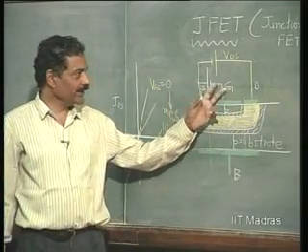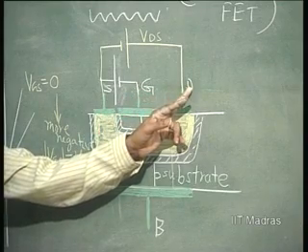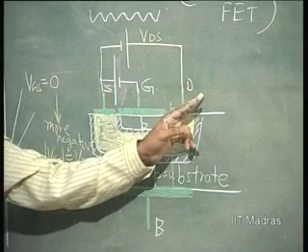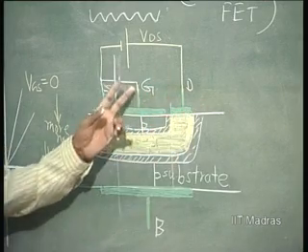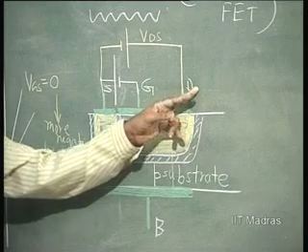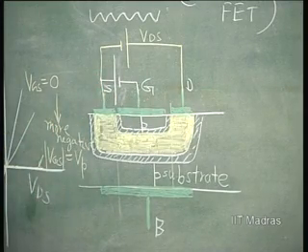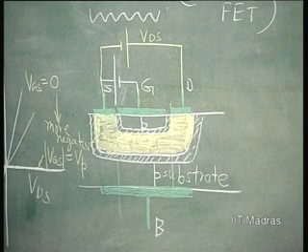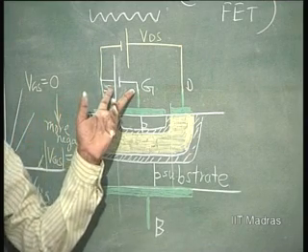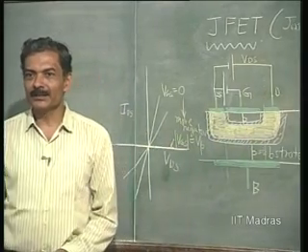Pinch off voltage when VGS is 0, the VGD is the same as VSG, right, VSD. So, the voltage that I have to apply to the drain in order to close the channel when VGS is equal to 0 corresponds to pinch off voltage in magnitude. So, if you say pinch off voltage magnitude is 3 volts, and VGS is minus 1 volt, what is the value of VDS at which pinch off occurs?